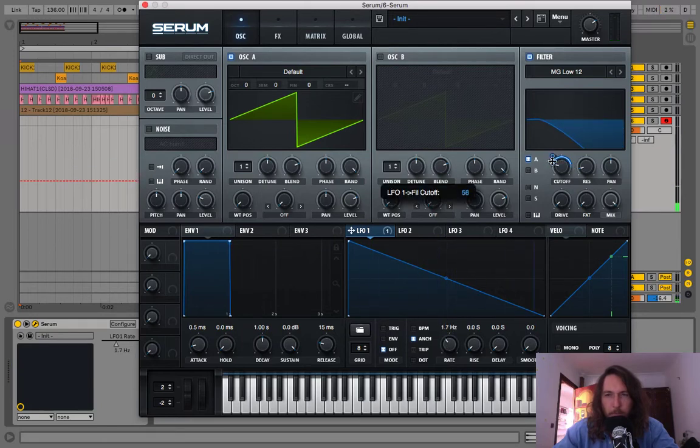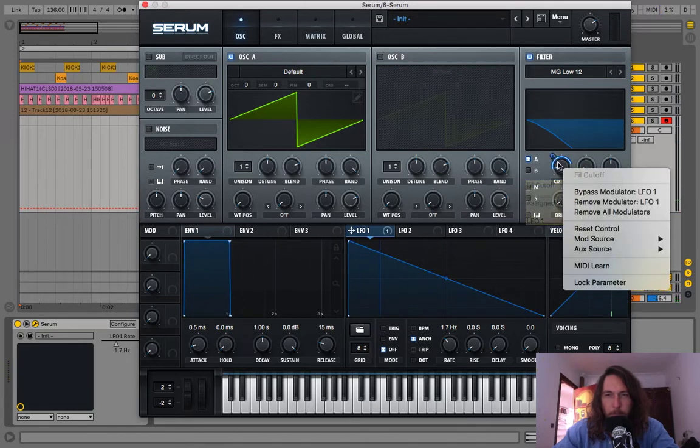So then you can muck around with it. And also what's cool about Serum is you see this little blue dot, and you can see the LFO at work. It's cool. You can also use the automation parameters to actually draw in. So you don't have to use an LFO. You can actually draw it in